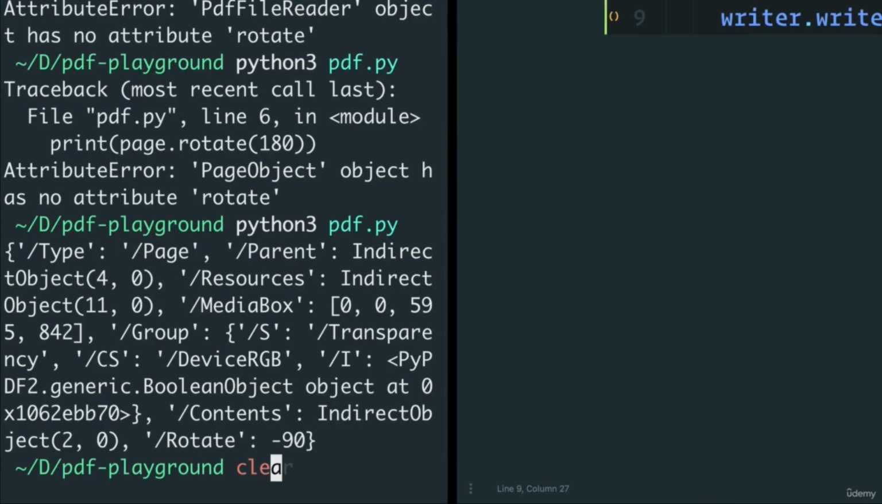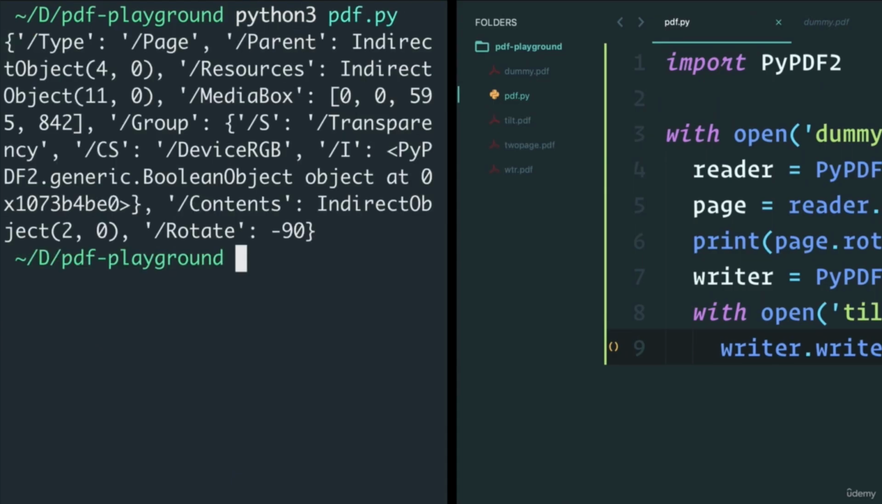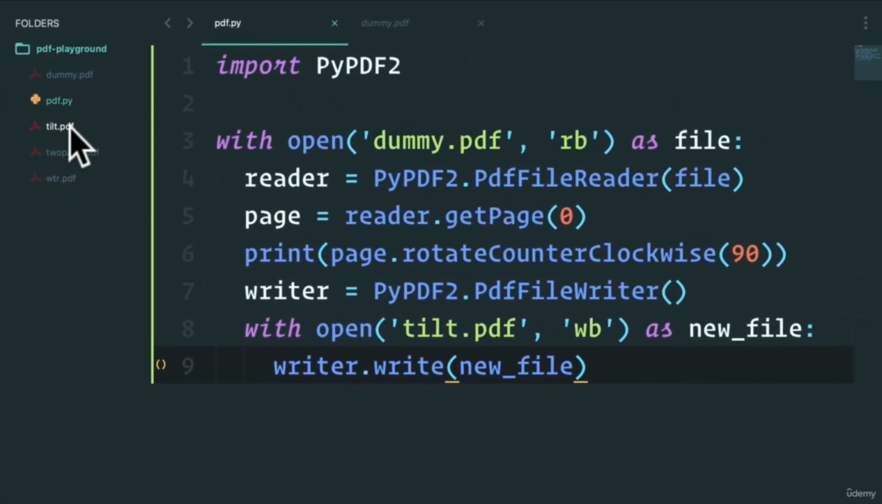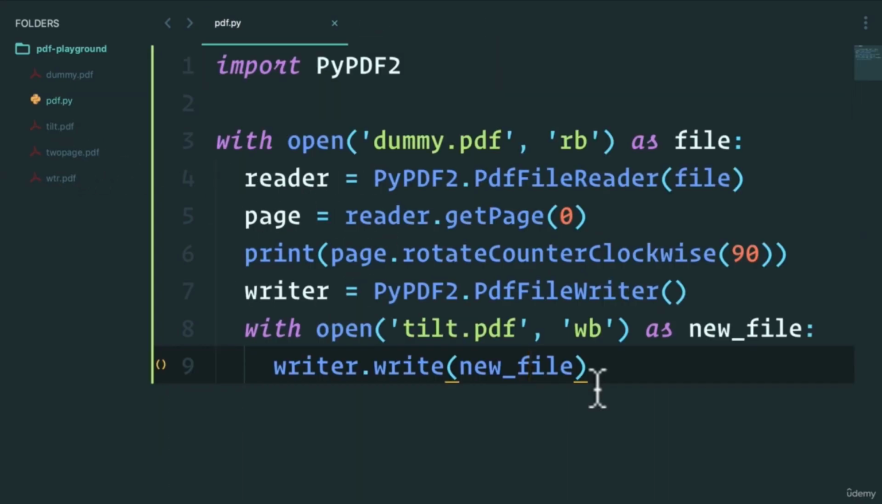So let's see if this works. I'm going to clear, and let's run this. All right, we have tilt.pdf. But we actually forgot to do one thing because we've just opened a writer object, but we're not actually writing any PDFs into it. Ideally, we get the rotated page and write inside of it, right? So what we can do